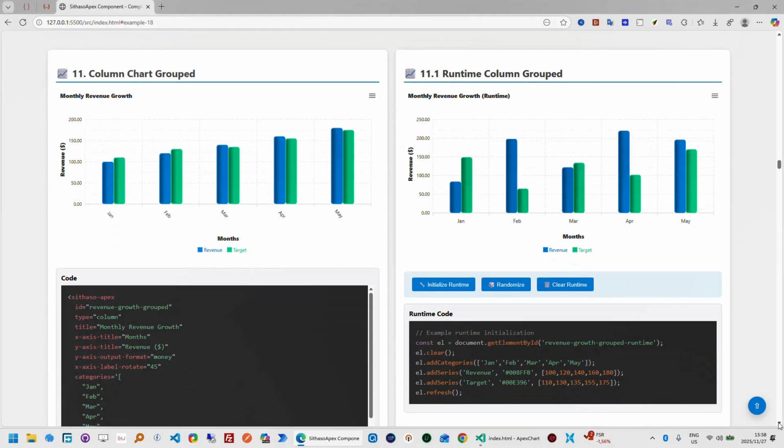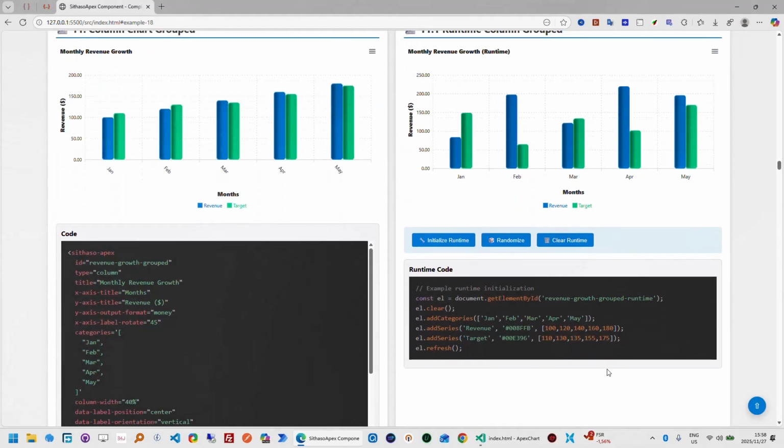But what we're trying to do here is to make it as understandable and as simple as possible, just to create a chart without having to struggle with options and all sorts of other things. But understanding the options is also very important, because at the end of the day, for advanced features, you can delve deeper in terms of customizing the chart